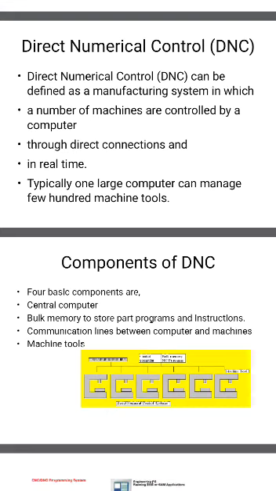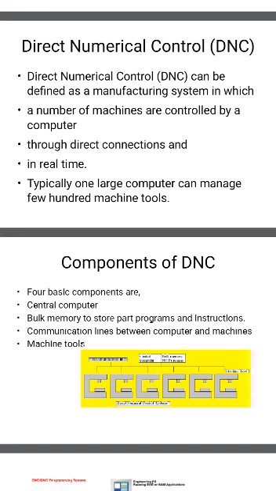In DNC, the tape reader is completely eliminated. So here we won't use a tape reader, whereas in the NC machine, last class, we used a tape reader. Instead of using a tape reader, the part program is transferred to the machine tool directly. Without a tape reader, the part program can be directly transferred to the machine tool from the computer memory. Okay.